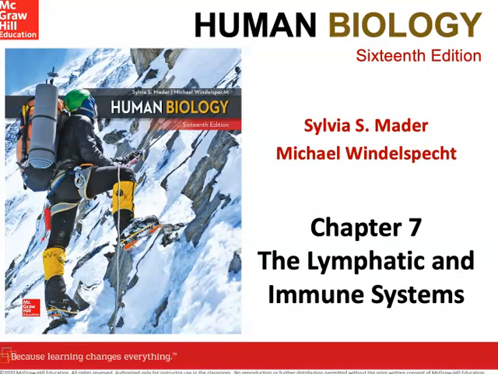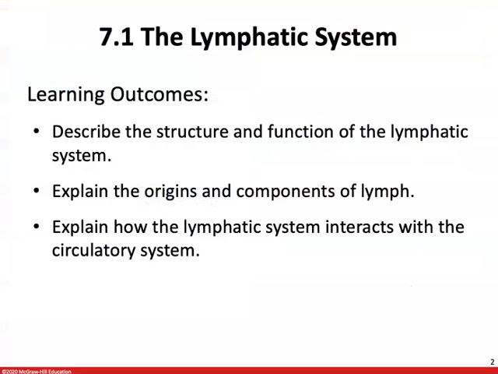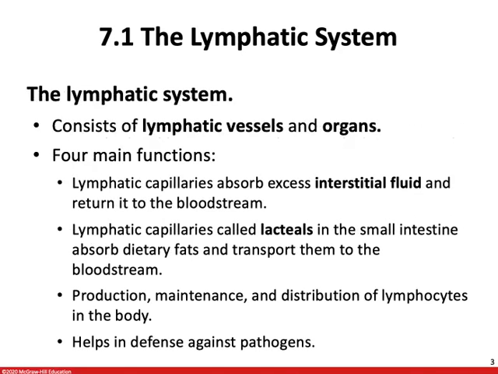All right, Chapter 7, the lymphatic and immune systems. So we're going to start off by going over the lymphatic system. The lymphatic system consists of the lymph vessels and a few organs, but its primary functions are going to be absorbing the excess interstitial fluid and returning it to the bloodstream,